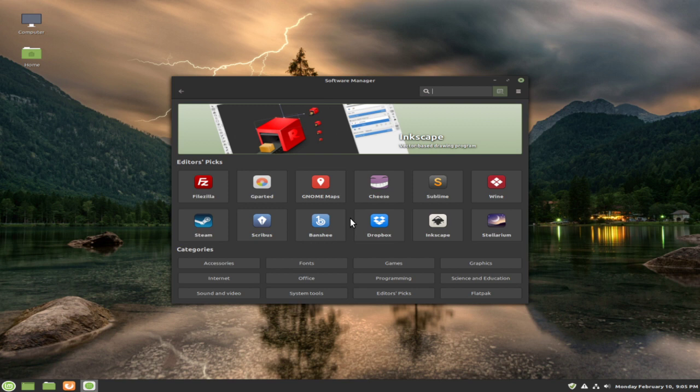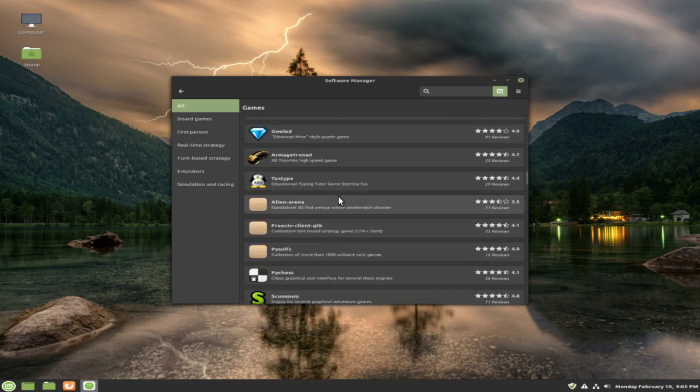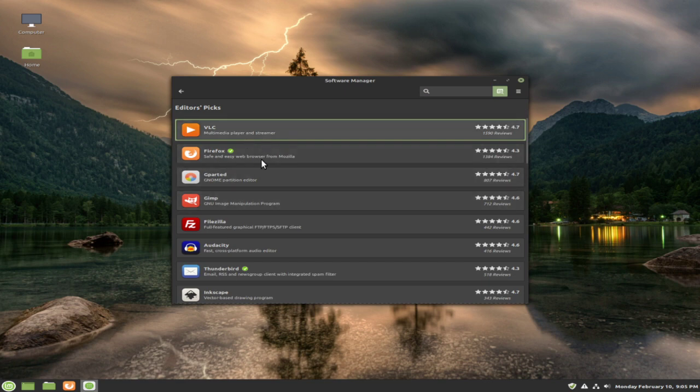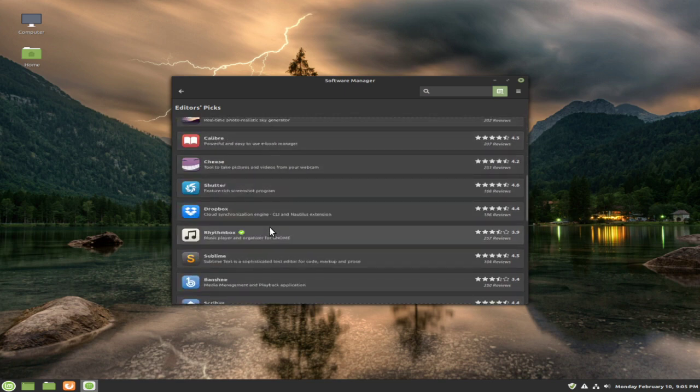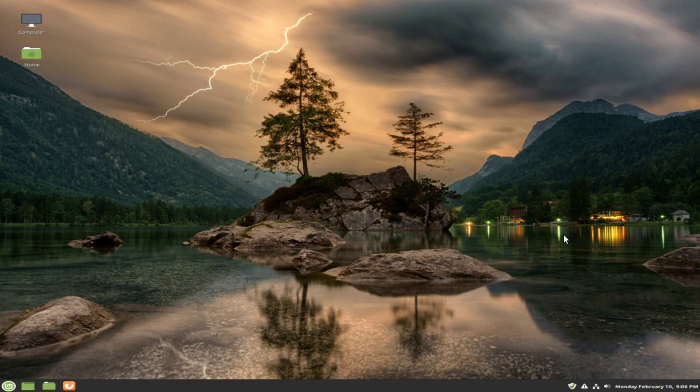But then you also have proprietary pieces of software like Steam to play games. You have Dropbox, you have Skype available on here. You can put WhatsApp on here. You can put Spotify. I think I mentioned that already. And there's just lots of cool things. And then, of course, every kid's favorite thing in the world, Minecraft, is available on here too. As a matter of fact, if I go back to Editor's Picks, you can see a lot of your familiar things here. And there's Minecraft. Kids love that stuff.